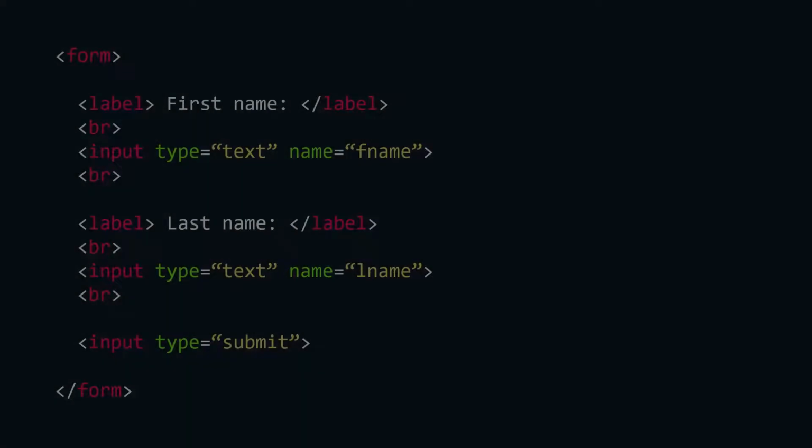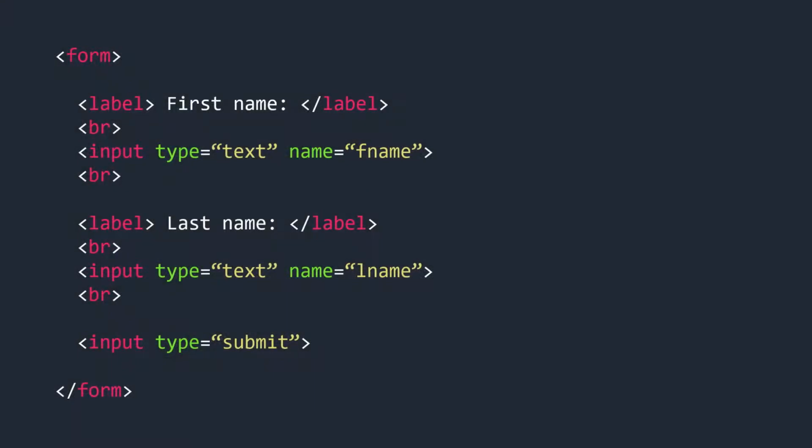Let's see an example for this. All the elements will be encapsulated within the form tag. In this example, the first is label. The label is commonly used to give names to the tag in the front end. Here the name for the tag is given as first name, then input type equal to text. It is used to get the input as text, and then last name. For it also input type equal to text, and at last input type equal to submit. It defines a button for submitting the form data to a form handler.